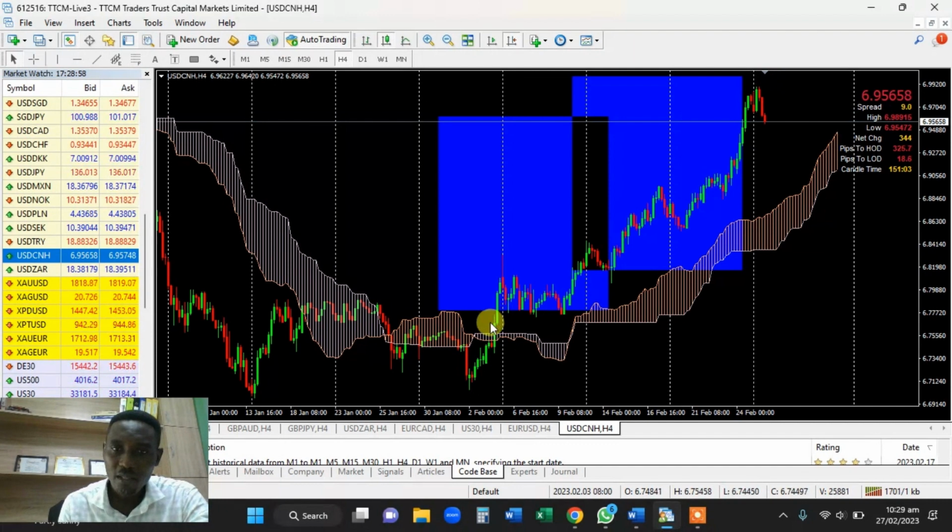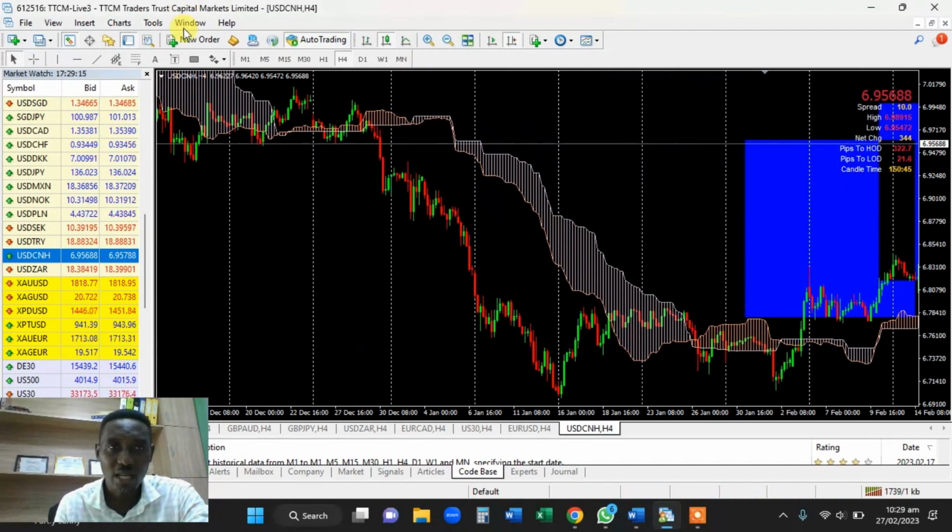Means that from somewhere 2nd February to today, 27th February, the market for the last 25 days has been in one direction, buy. That's interesting. And Ichimoku is able to easily capture that without any extra analysis.